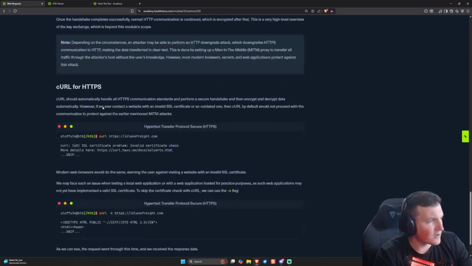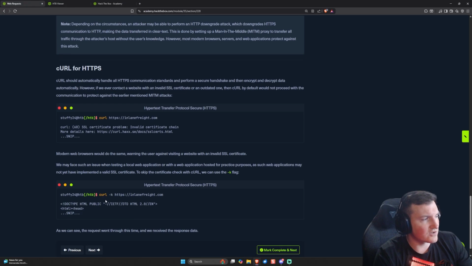So now curl for HTTPS, same thing, same syntax, curl HTTPS. The only thing is they're showing here, you have to do tac k in this case, because curl doesn't have a valid cert, and so they're trying to figure out here, there's an invalid cert, and so they're saying, hey, you have an SSL cert problem. Maybe the cert is expired on the site. We don't know the problem here, right? So